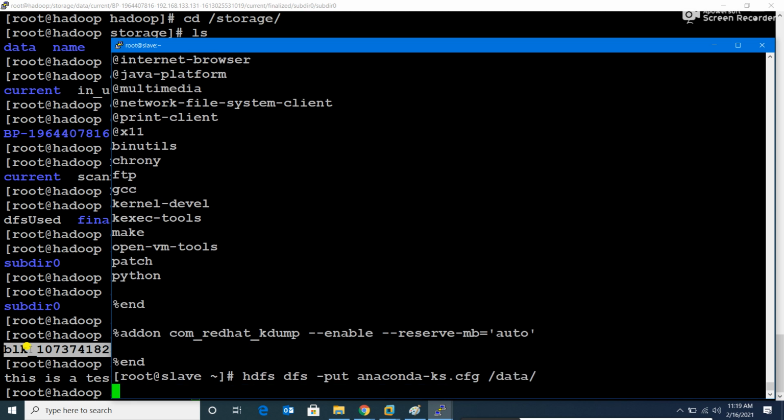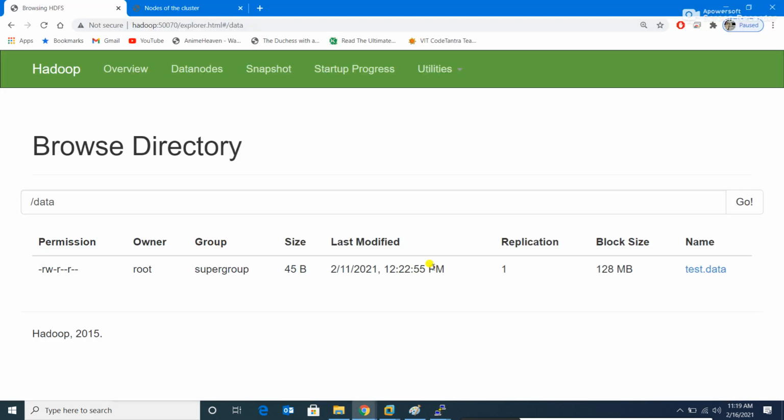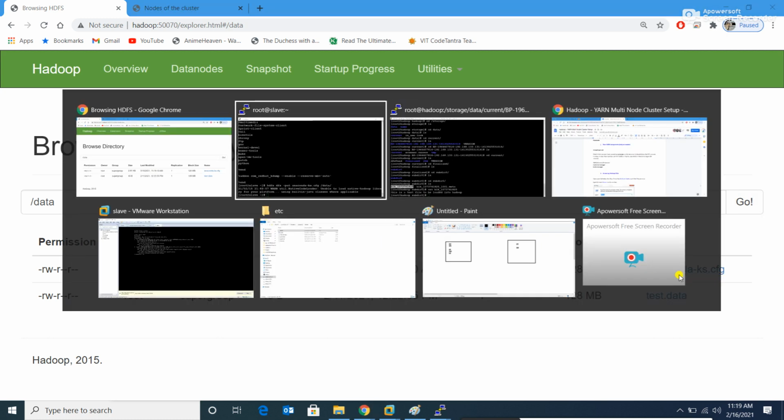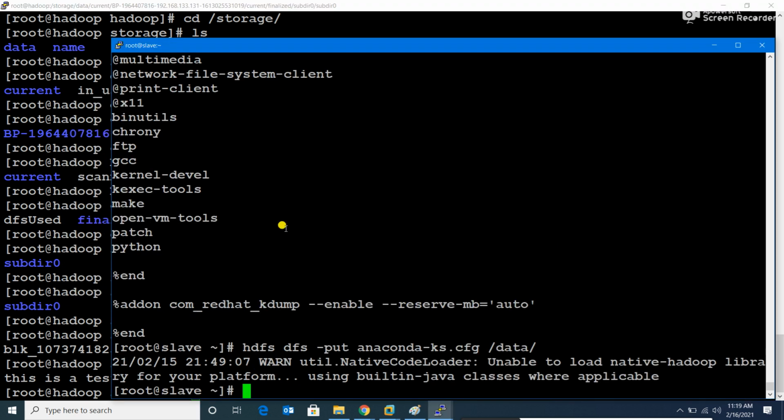Inside data we will put it. You're getting, so that file we are uploading inside data. So let us refresh this. That file is here, right? That file is uploaded, and now let me perform ls here.